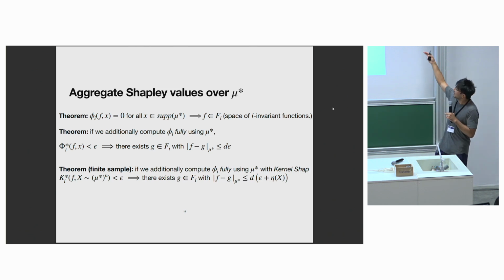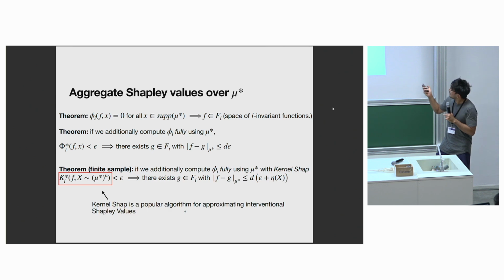And it turns out our theorem applies equally well to kernel SHAP, where we have this extra eta term, which just determines how far away kernel SHAP is from its limit behavior over the distribution. And if you ever play with kernel SHAP empirically, you find that it converges really, really quickly, which suggests that our second theorem directly translates to a practical algorithm.